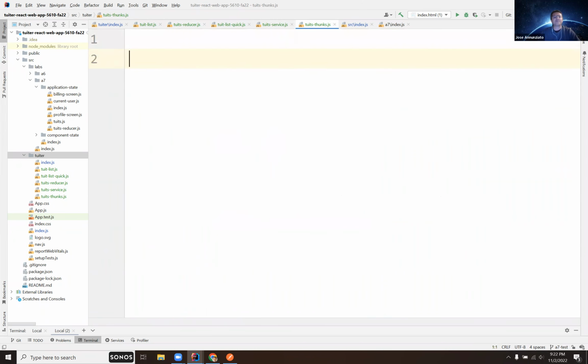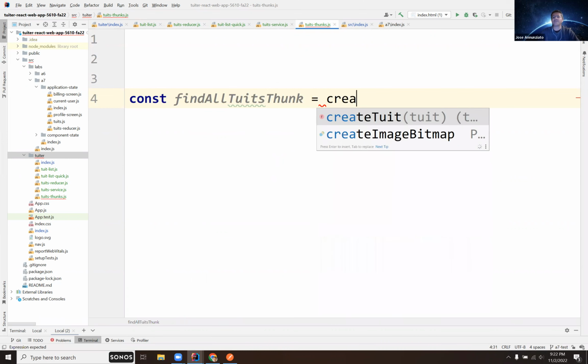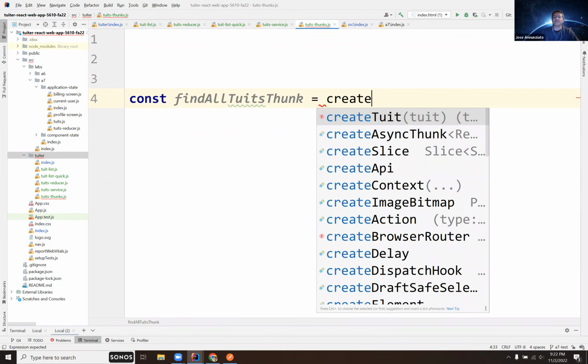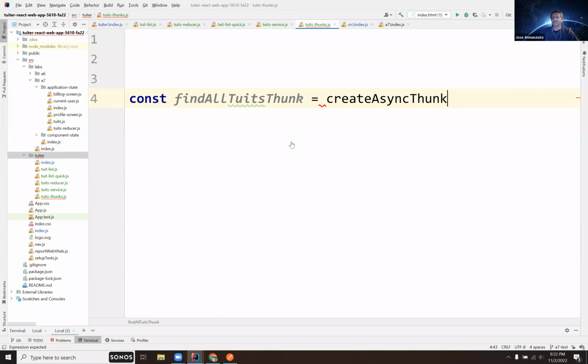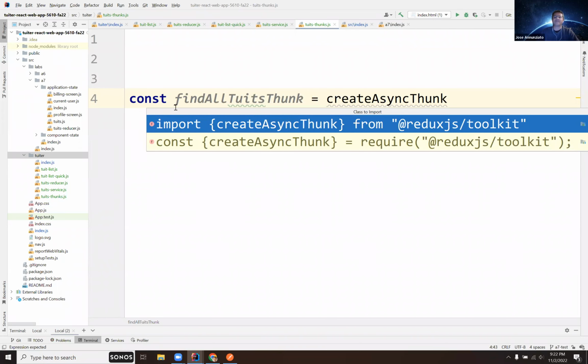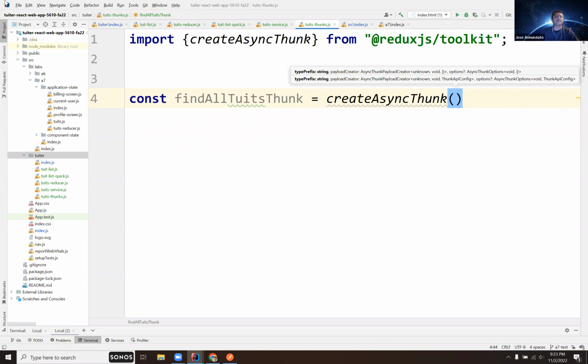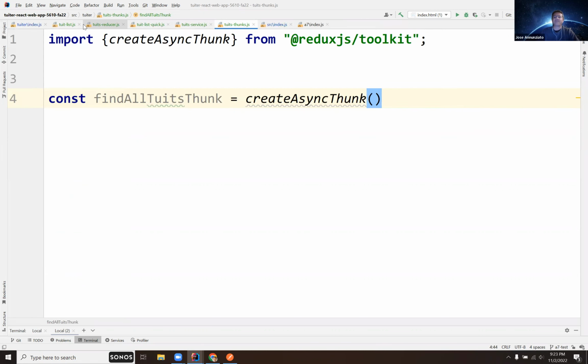Let's create the thunk. We'll say const find all tweets thunk. And the way you create a thunk is to use create async thunk. Okay, there it is. And basically here is a function where you